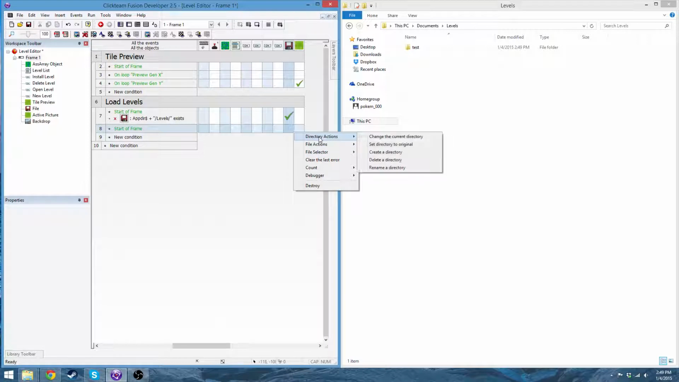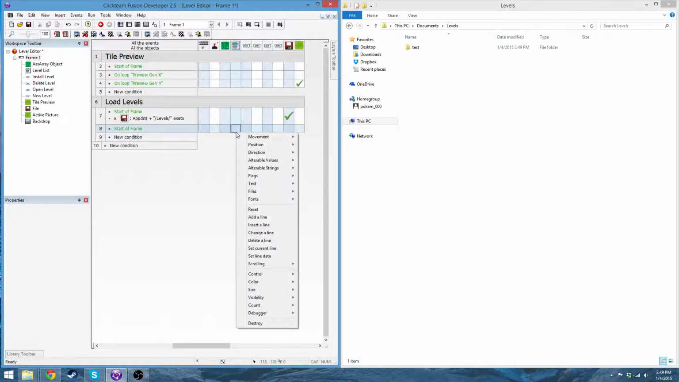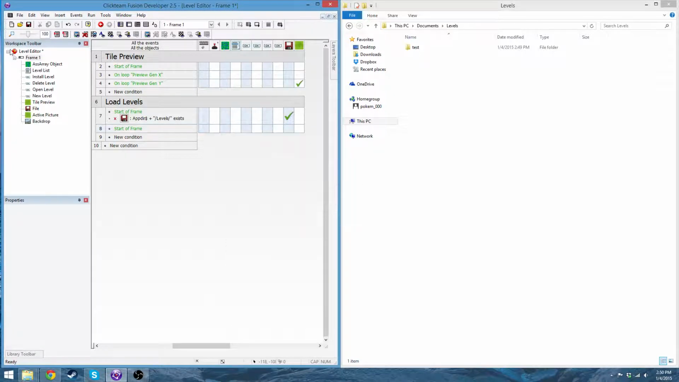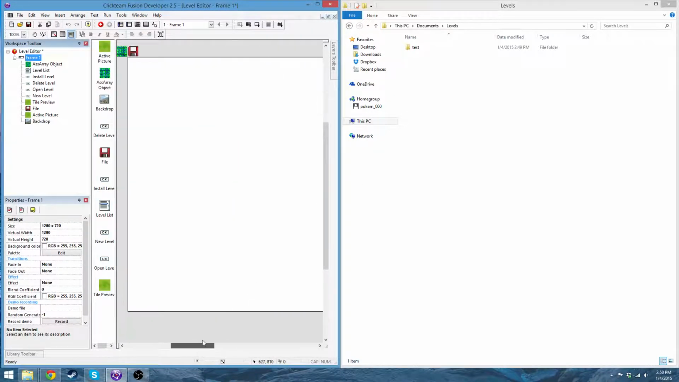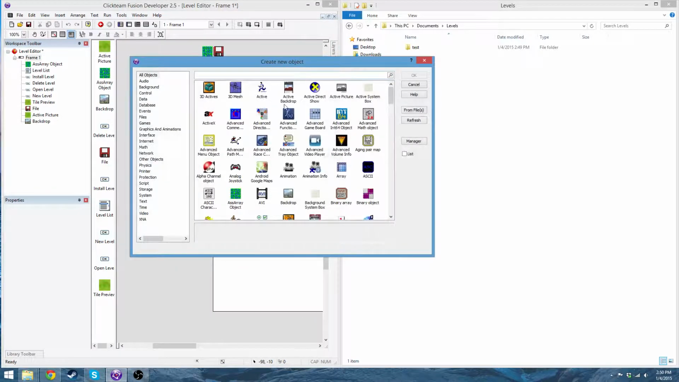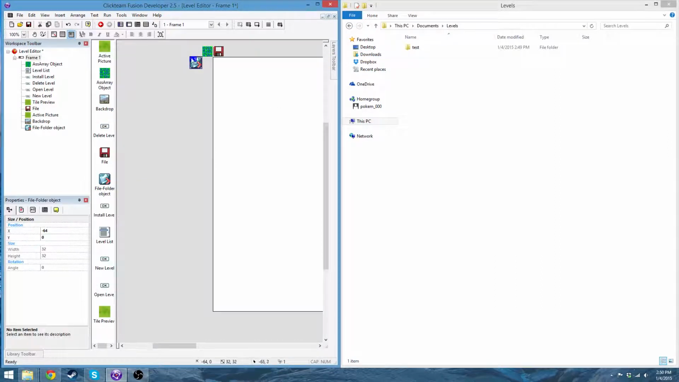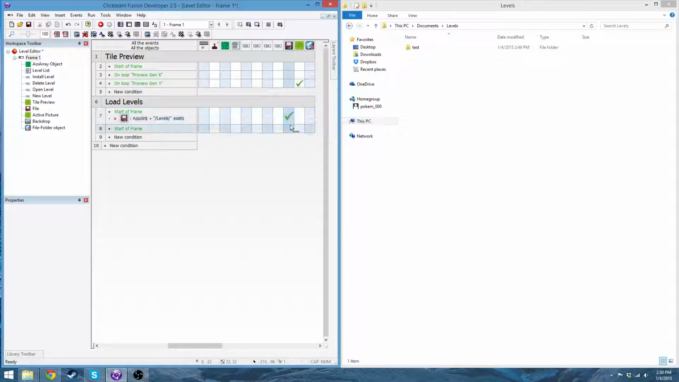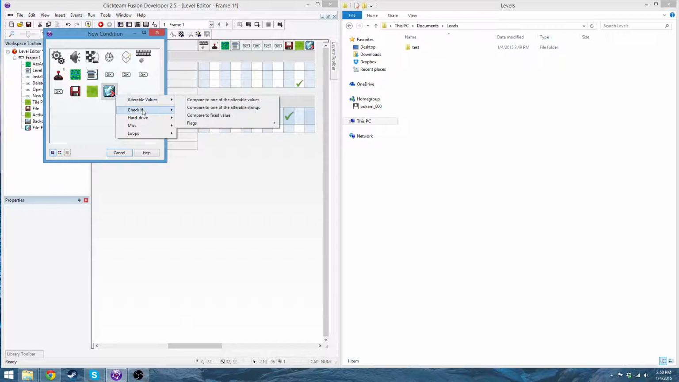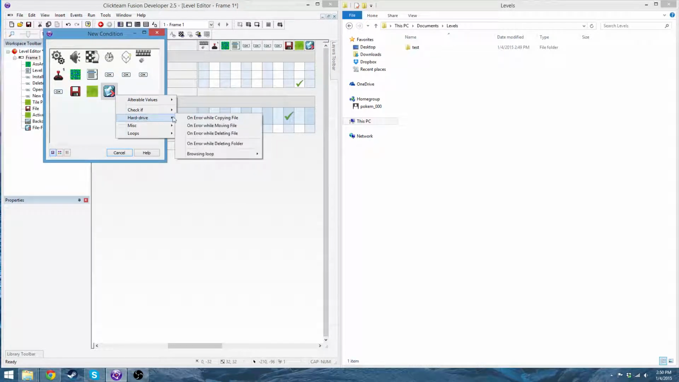Let's see. I thought it would just work as list everything in the directory. But there is another way to do it. I'm going to go add a different object, file folder. File folder is much better than the file object. There's a lot more commands and it's much more advanced. So we can probably get rid of this and just say hard drive,